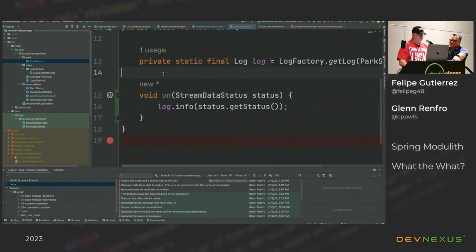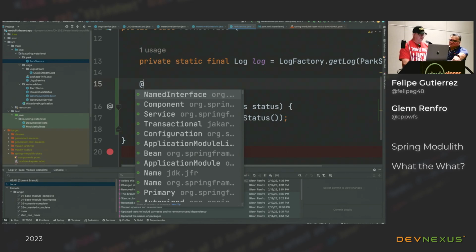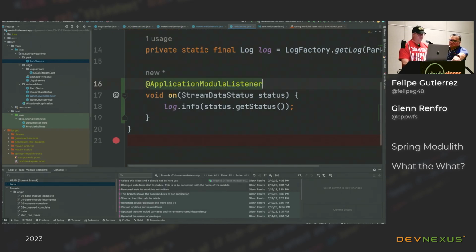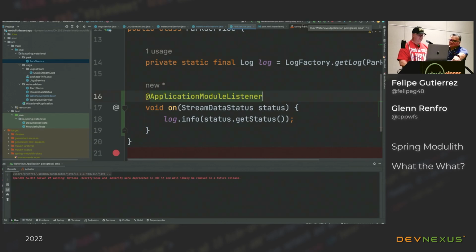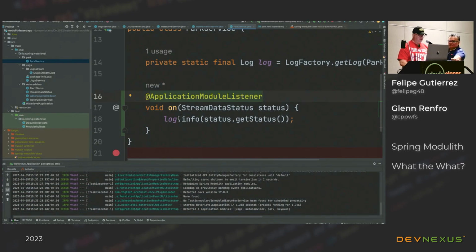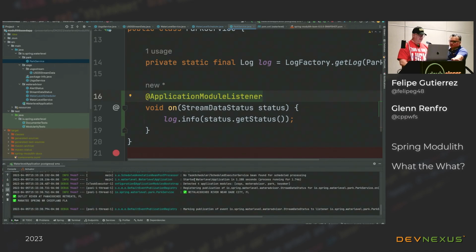And the way that we use that is what is offered by Spring Modulith called @ApplicationModuleListener. And once we do that, we can see now that we can actually kick it off. Here we go. Actually, it's going to send out a lot more stuff here. And we're going to start emitting the message, and we'll see that now. We can zoom in here a little bit.